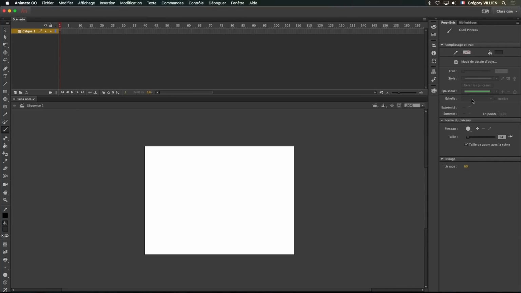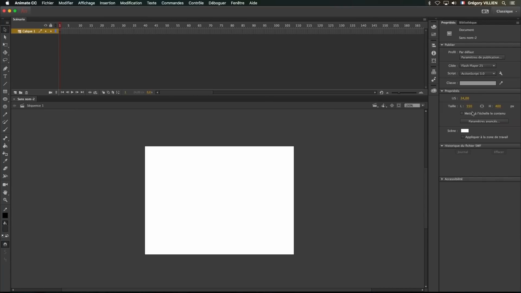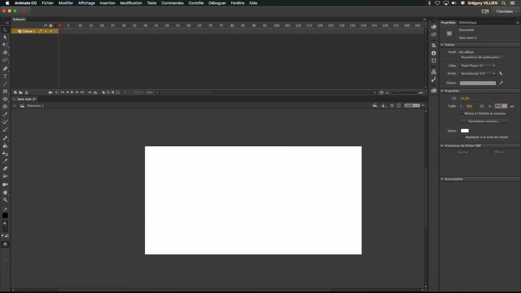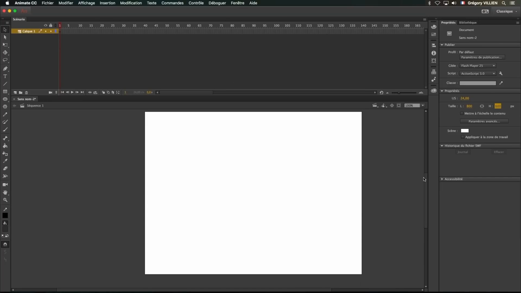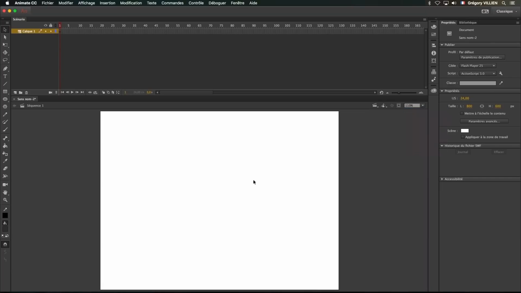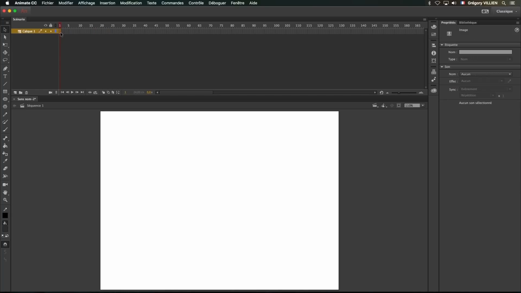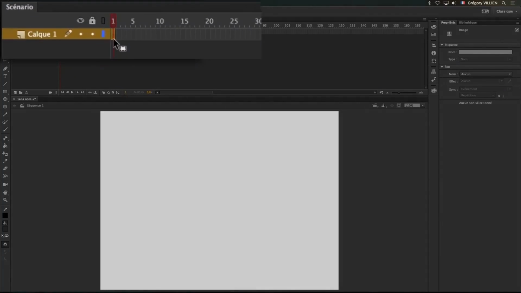The timeline is at the top, which is called Scenario here, and the compositions, which are called Sequence, at the bottom. Immediately, we'll have the sizes to the right. Here, I can change the resolution of the composition to 800 by 600. I can adjust the window. At the top, we'll be able to add keyframes, and all the frames are shown here in cells. We have one layer by default that has just arrived, with one frame.